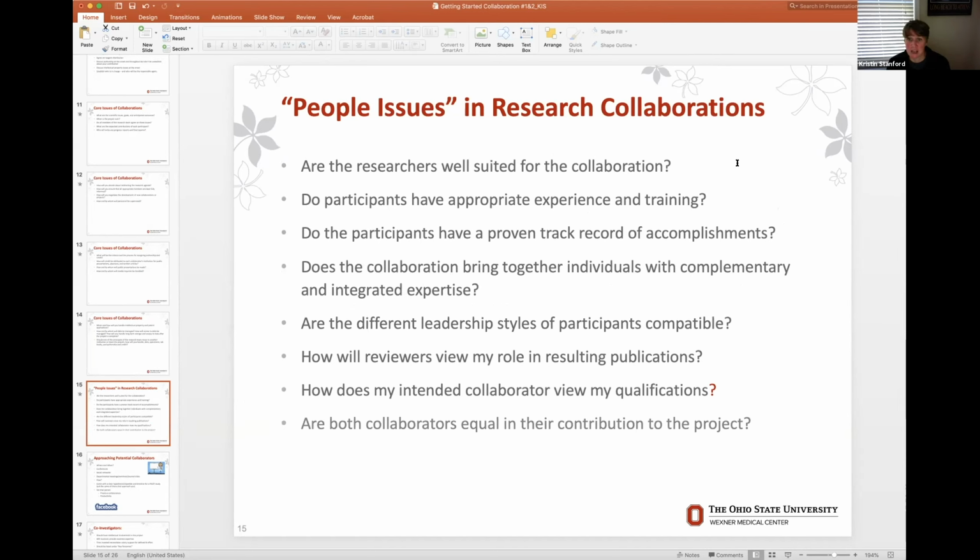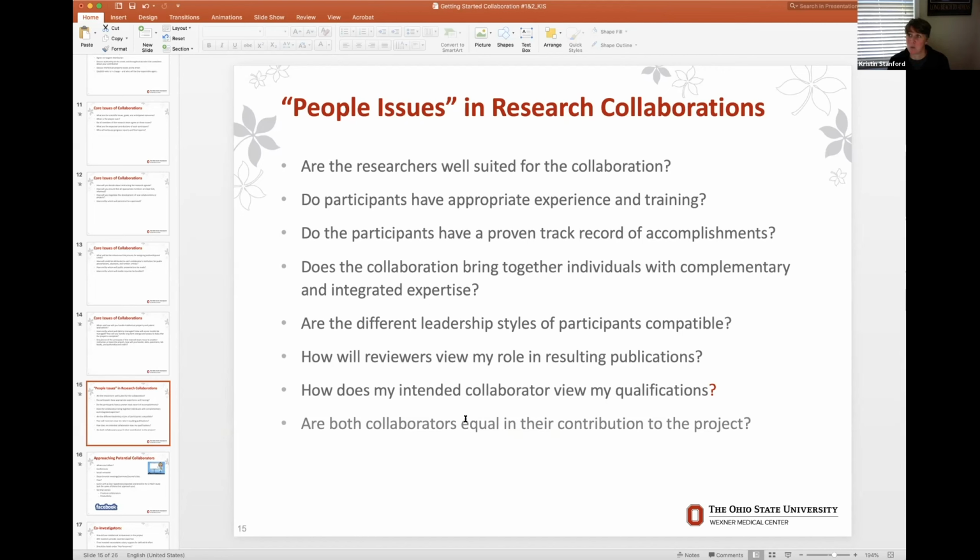Are the different leadership styles compatible? How will reviewers view this role? How does my collaborator view my qualifications? And are both collaborators equal? And I think the overwhelming theme of this is this last one, and that is, are both collaborators equal? So, if you are the junior PI in a collaboration, I think these are really important conversations to have